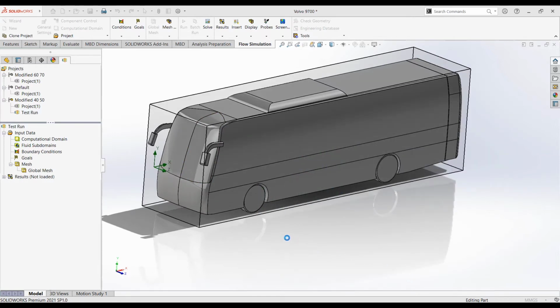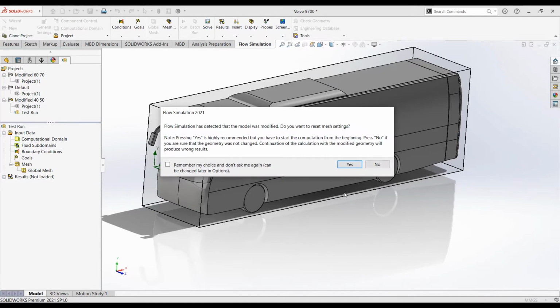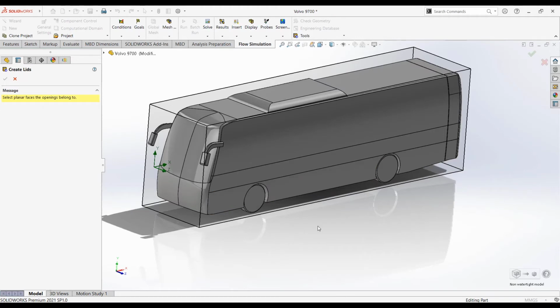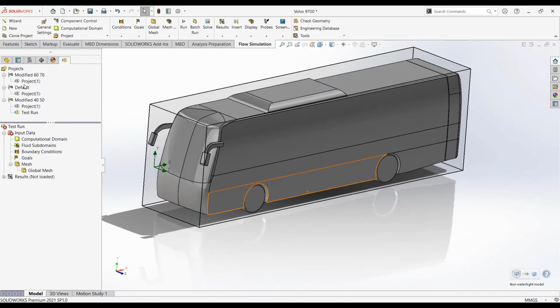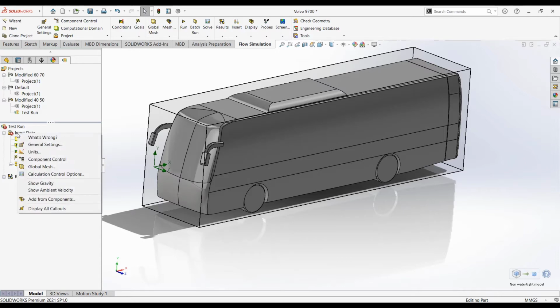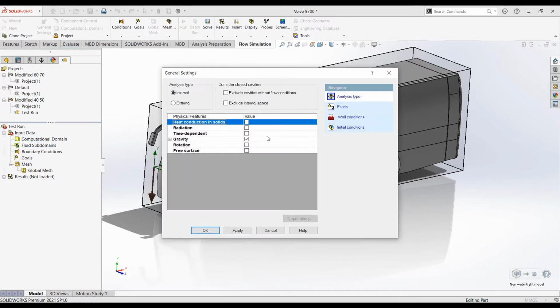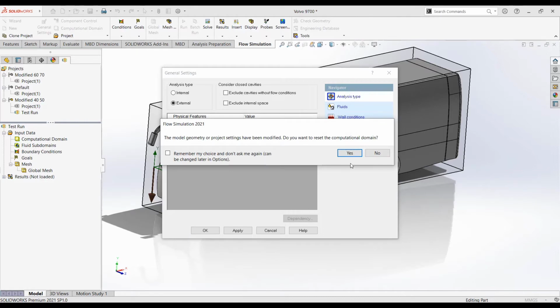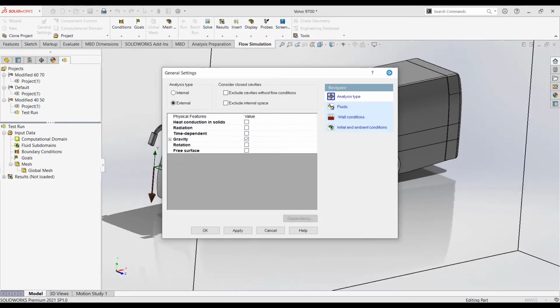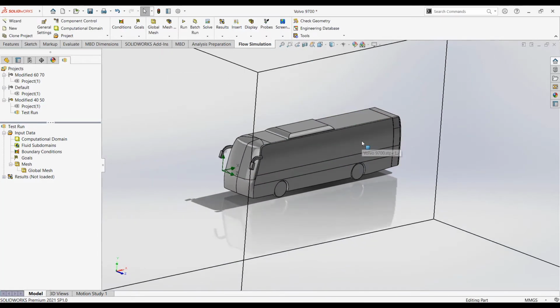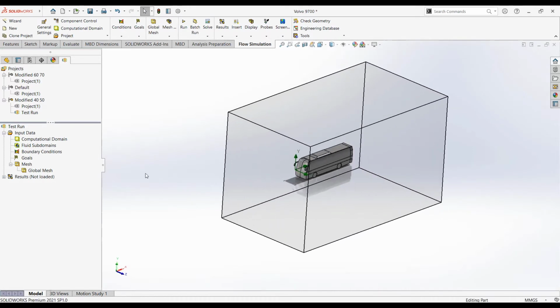Once you do that, SolidWorks will give you the options. I think I have selected internal flow instead of external flow here. Yep, I'll change it to external. Initially your bounding box will be like this.